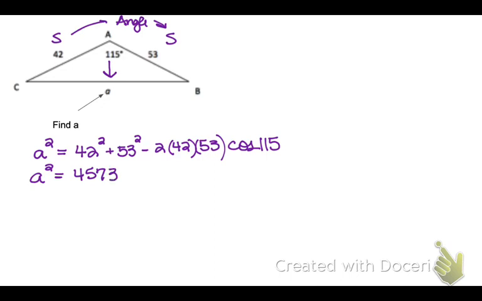-2 times 42 times 53 times cosine of 115. So I'm going to give you just a little word of warning here. This -2, you need to be really careful. You either need to, on your calculator, type it in as -2 times that value, or when you are doing